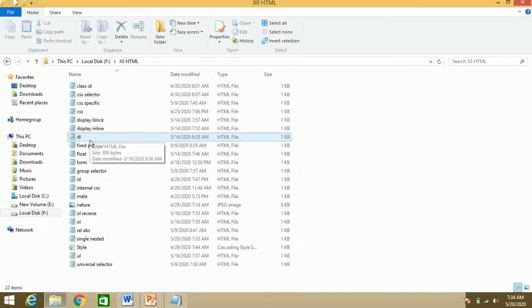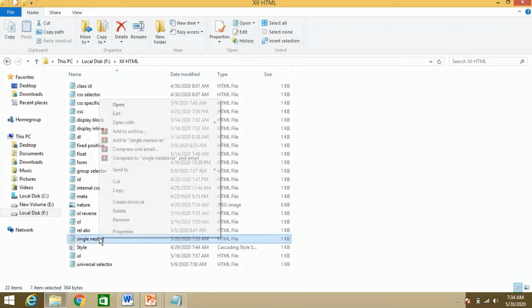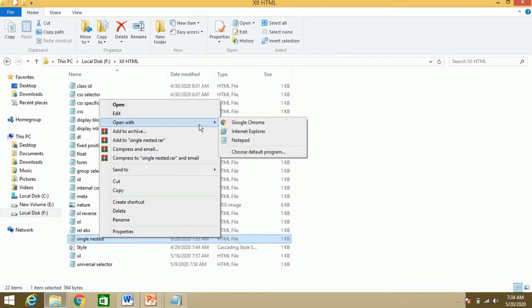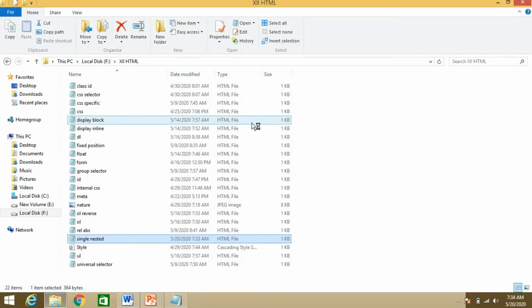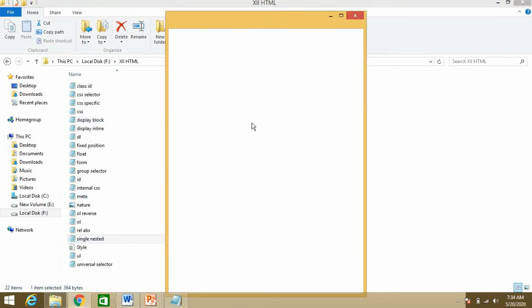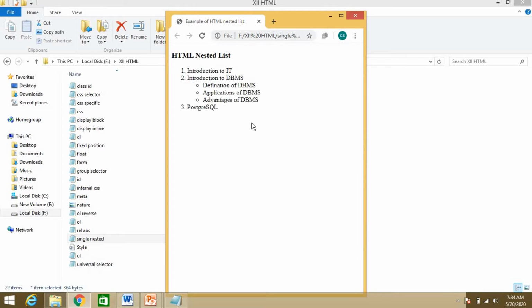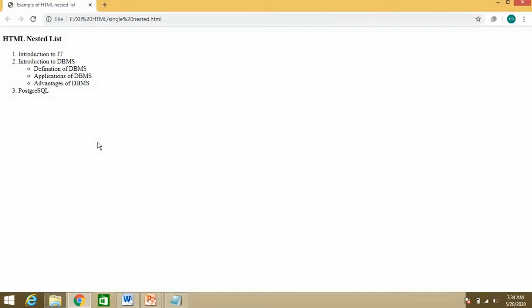Now let's check with the browser. Open this HTML single nested file with Google Chrome. See, HTML nested list.